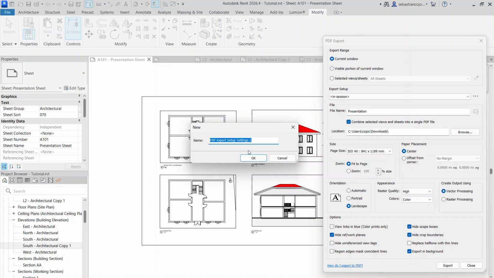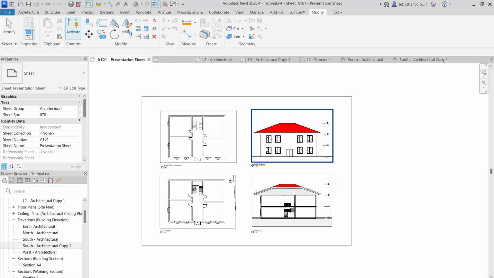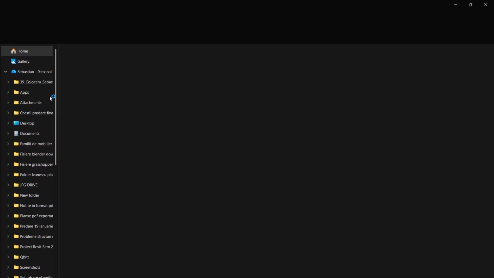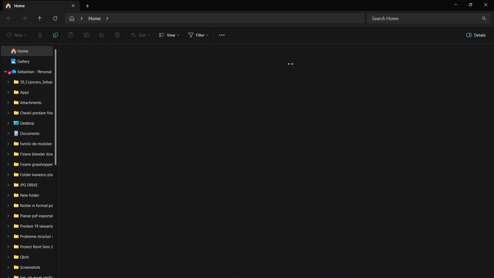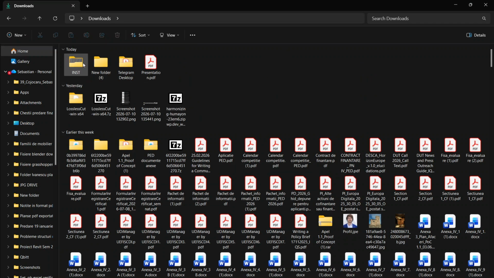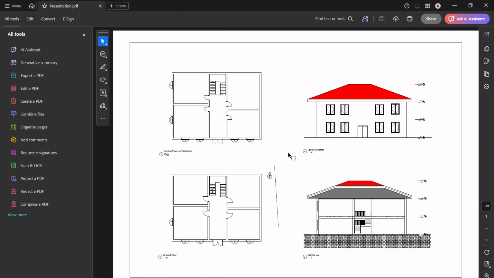Yes, save for another session, whatever, export settings. I don't bother that much. I honestly, in all those 5 years, haven't quite bothered with this. Background export initiating, and now I should see it in downloads. Let's check in downloads, and I should see the presentation. Yeah,